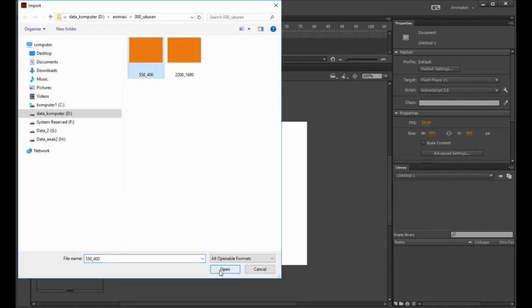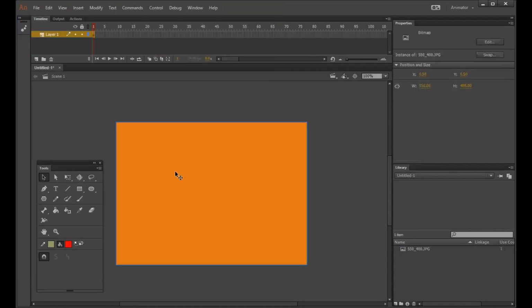Okay, one, great. Yeah, it's a real width and height size, and created using Corel Draw.